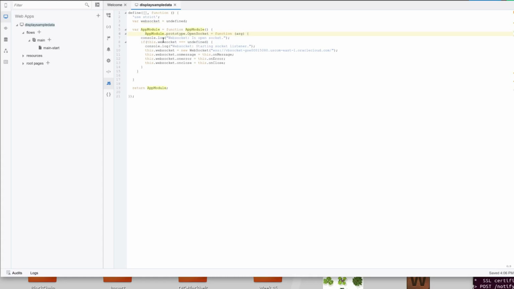So what this does is it is an application module prototype function called OpenSocket. It takes an arg that I'll need in order to make it work on an event. It just reports itself and makes a call to the WebSocket, secure socket, based on that URL from my application deployment. And then I have 3 methods here that I need to define: an on message, on error, and on close, that I can put inside of this app module. So we'll put in the on message